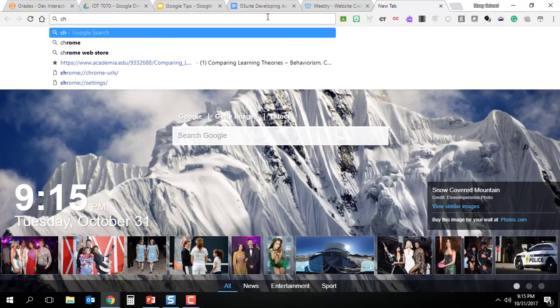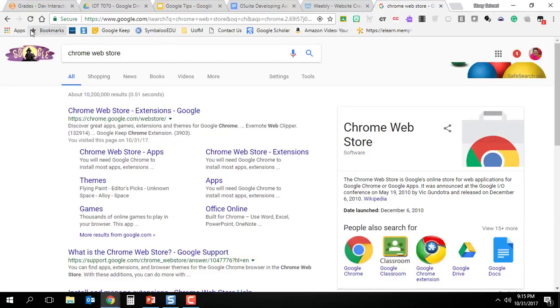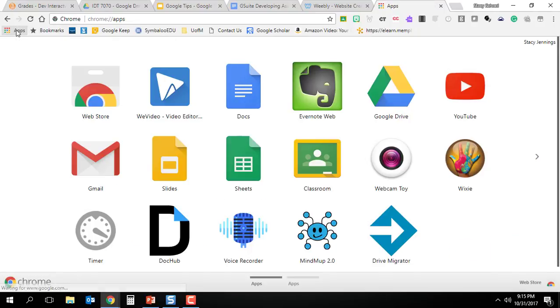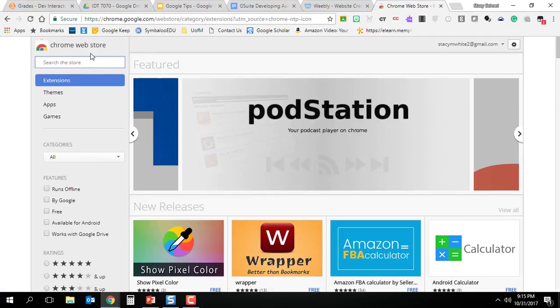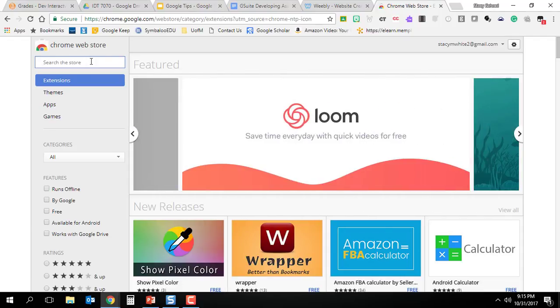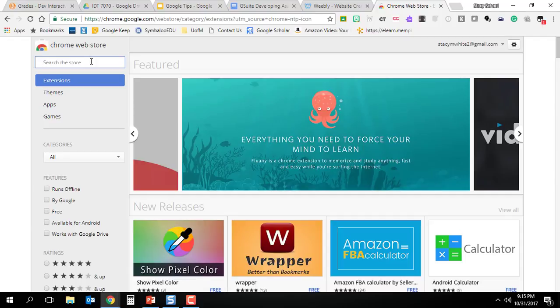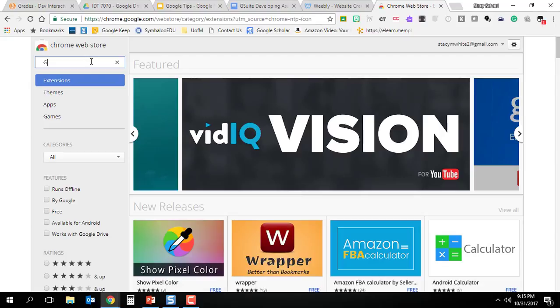I can simply type in Chrome Web Store at the top to get there, or I could go to my Apps Launcher. When I go to my Apps Launcher, the Web Store icon is the first one that you see. Once I get to the Web Store, then I can type in and look for different games or extensions. I'm going to look for an extension because an extension is what really extends the functionality of my browser. And the extension that I'm going to look for is the G Suite Training